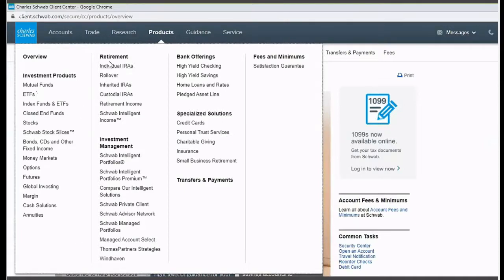On top of that, in the products area, we go into all the different types of accounts you can have, whether it be taxable accounts such as individual accounts, joint accounts, trust accounts, organizational accounts, to retirement accounts, individual retirement accounts, employee type retirement accounts, you name it, it is potentially available here at Schwab. Finally, below that,